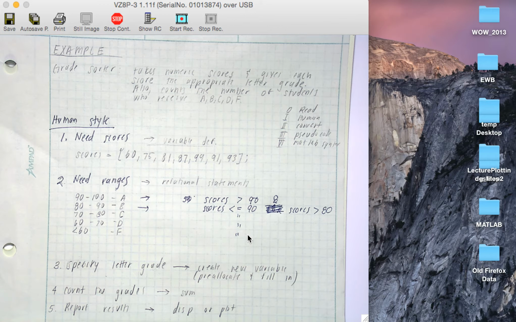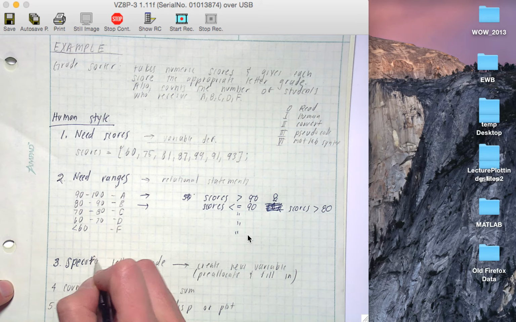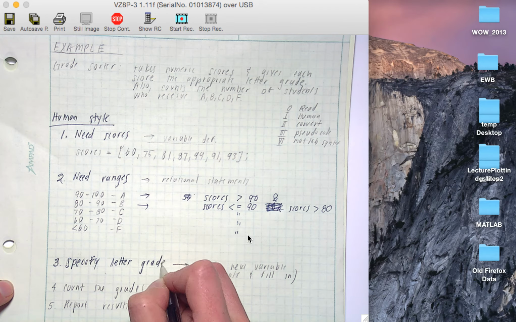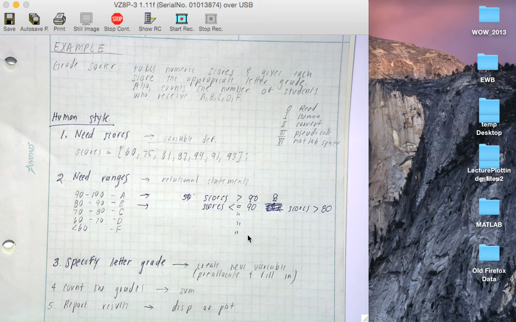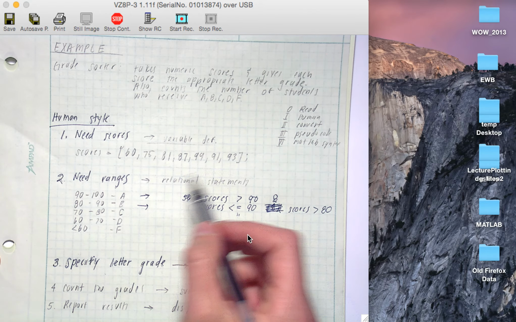Okay, so that will get us logical arrays that categorize each range. So we'll have a different array that tells us what each range is. And then we need to specify a letter grade. So we've found which ones are A's and which ones are B's, but now we need to record it, basically. We need to say, okay, this element 1 satisfied this range, so that's an A. So that's going to be creating a new variable and filling it in with strings associated with each of these